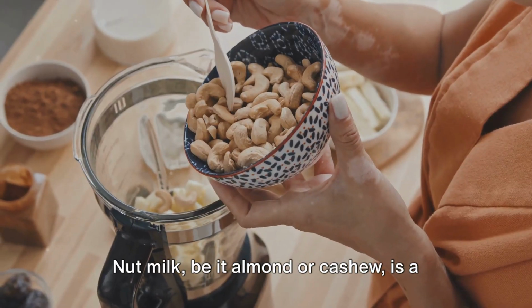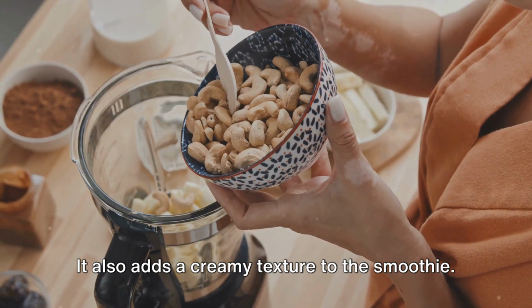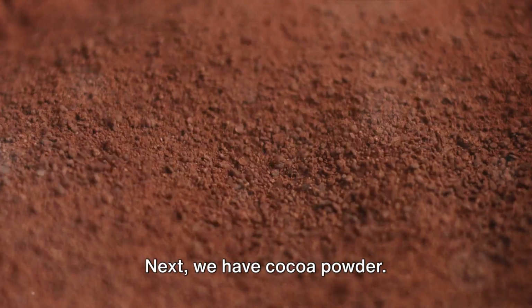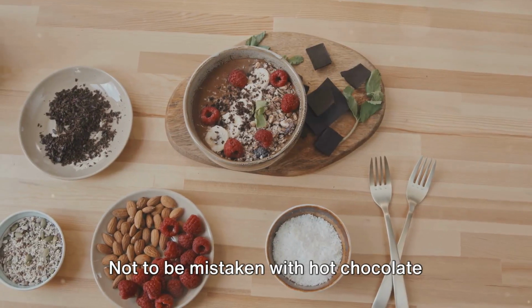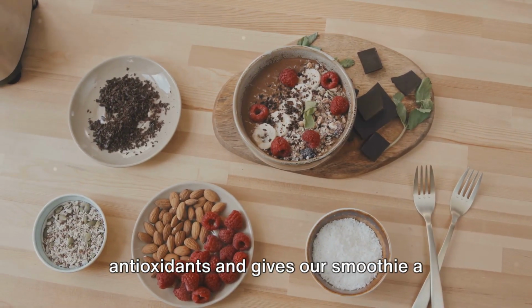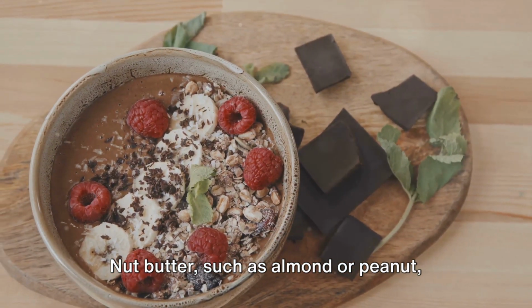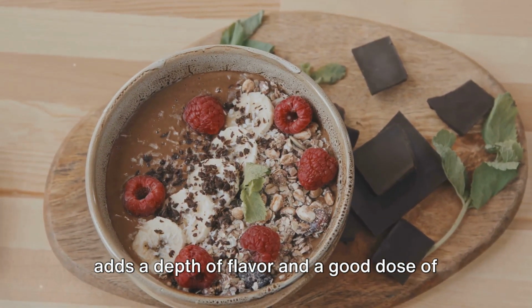Nut milk, be it almond or cashew, is a great source of healthy fats and proteins. It also adds a creamy texture to the smoothie. Next, we have cocoa powder. Not to be mistaken with hot chocolate mix, cocoa powder is packed with antioxidants and gives our smoothie a rich, chocolatey flavor. Nut butter, such as almond or peanut, adds a depth of flavor and a good dose of healthy